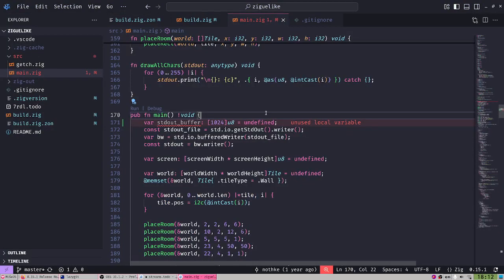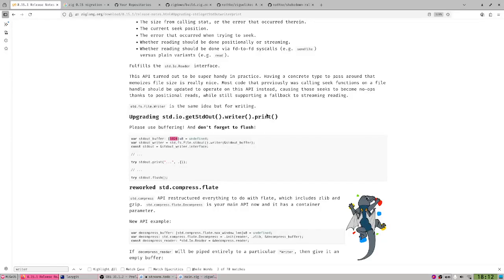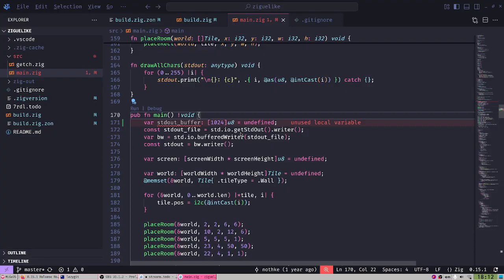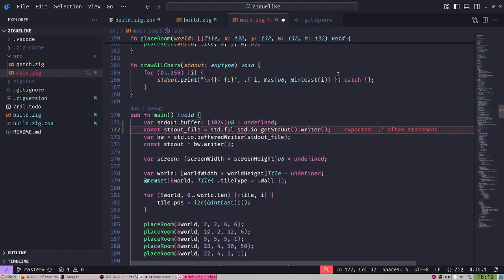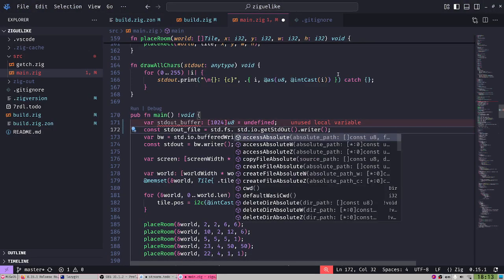Okay, so as we can see, into the writer we pass, it's no longer an IO, now it's a file stdout. So yeah, interesting. std file, is it the file? No, it's fs, right, file system.